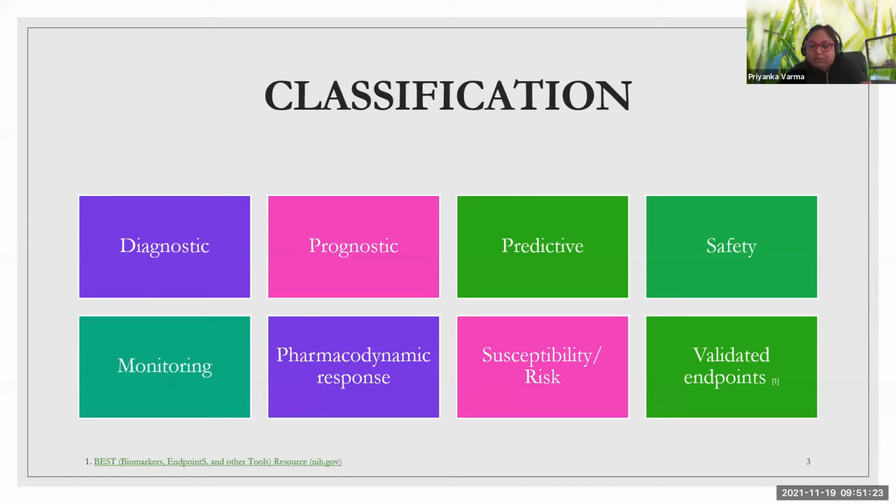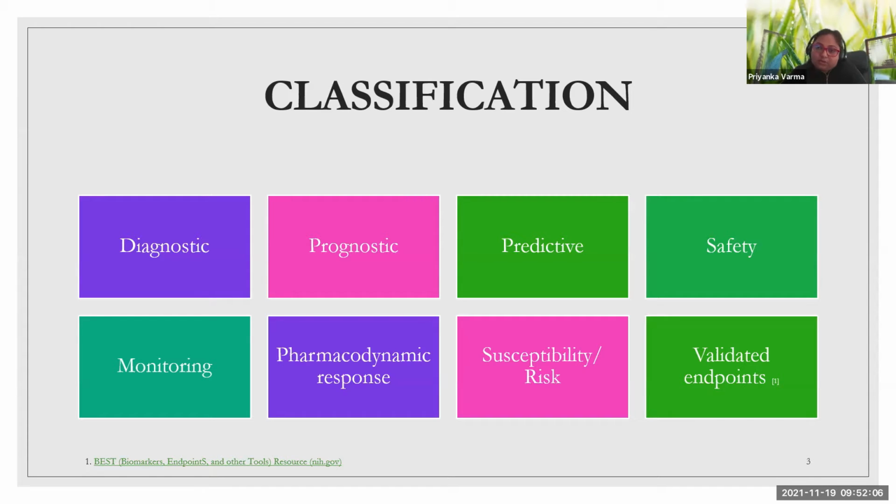What is a monitoring biomarker? A monitoring biomarker is one which is measured repeatedly for assessing the status of a disease or medical condition, or for evidence of exposure to a medical product or an environmental agent. Again, we can see the example of prostate-specific antigen, which is used to assess the disease status or the tumor burden in patients with prostate cancer. CA125, which is cancer antigen 125, is used to assess the disease status or tumor burden during and after treatment in patients with ovarian cancer. And there are so many others like HCV RNA level, INR, and PT ratio, etc.